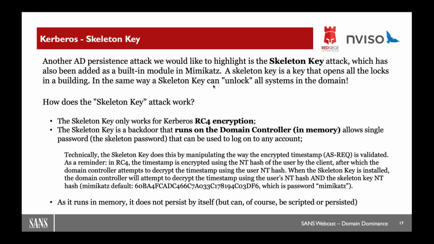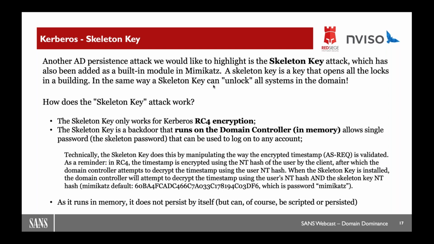How does it operate? We will now implement a backdoor in memory of the domain controller, which will make the domain controller, or the KDC, validate an encrypted timestamp using the expected encryption key, but also another encryption key. So let's go back here for a second. When I'm Tim Medin or Erik Van Buggenhout, what I do is I take a timestamp and I encrypt it using my encryption key. So I use, for example, my NT hash if it's the case of RC4.